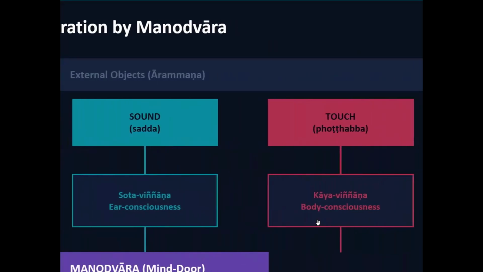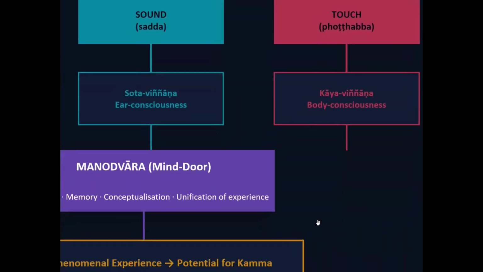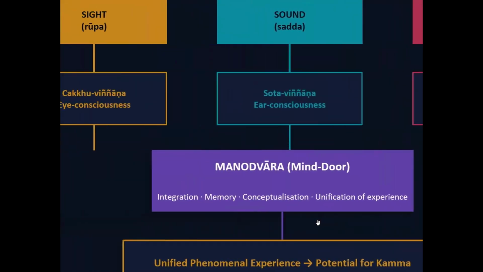And then touch, photthabba or kaya vinnana, body consciousness. So when all this, whichever is prominent, takes place, you pass to the mind door. Mano dvara, the mind door. Mind door will do the integration, memory, conception, and unification of experience. So our mind door is something like our computer CPU, doing all these things.